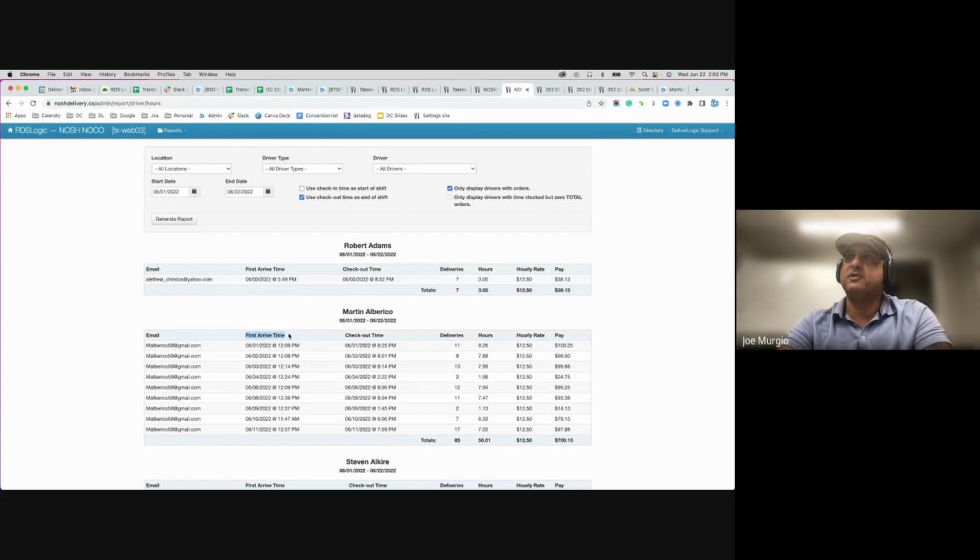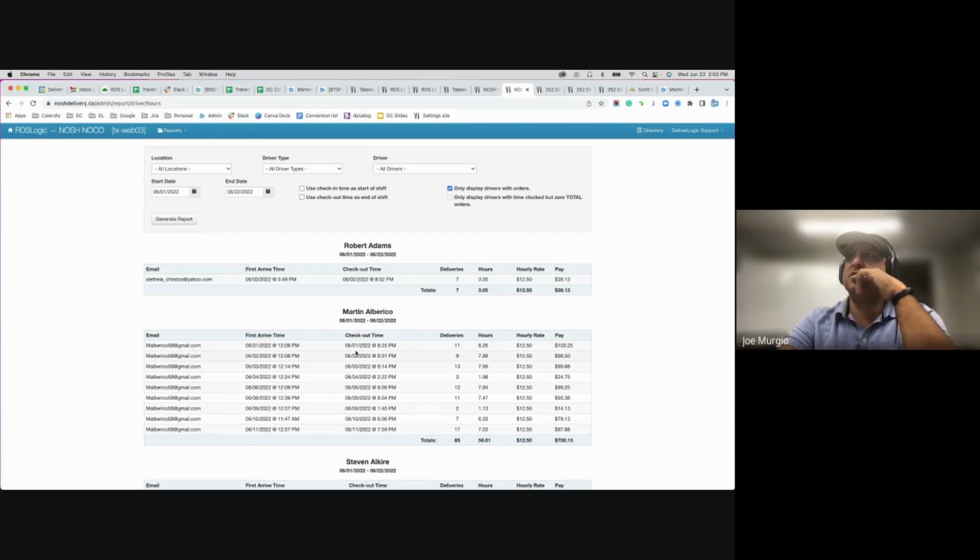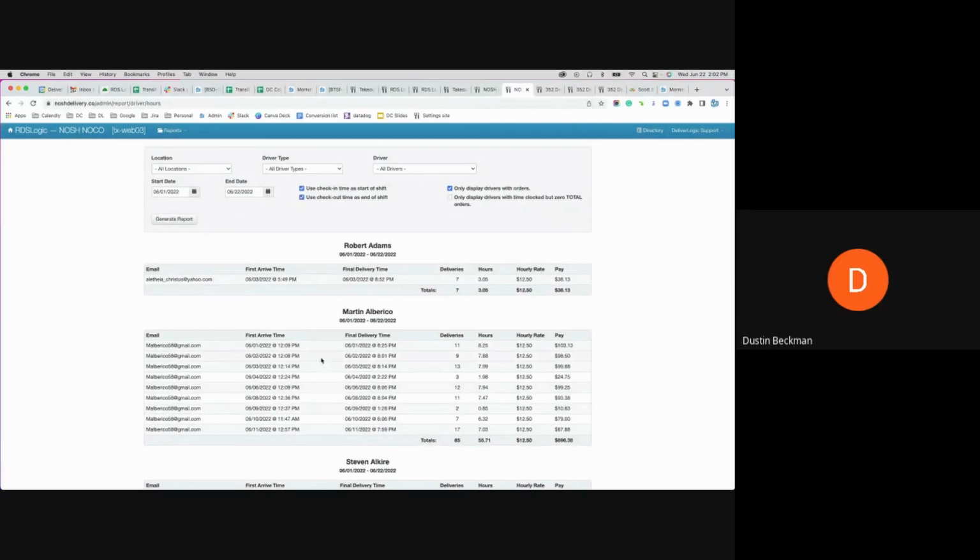So see how it says first arrival time? Yep. So we just do it as an option. You can either do it when they check out or when they check in, or their first arrival time and their last delivery time. Yeah, I think it works pretty good. So what we're going to do